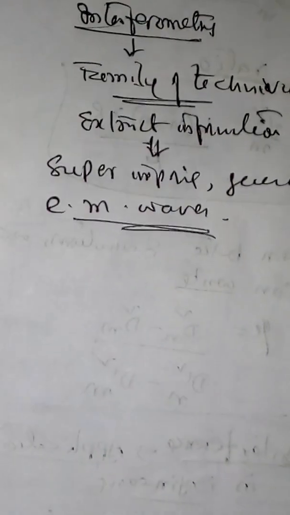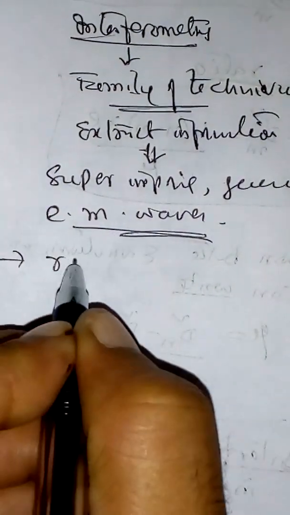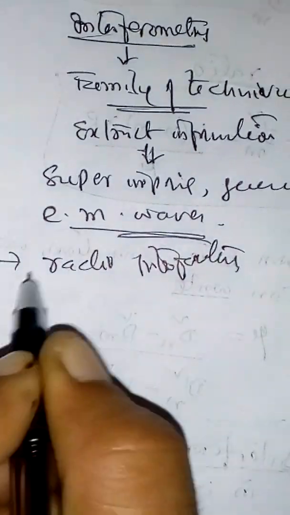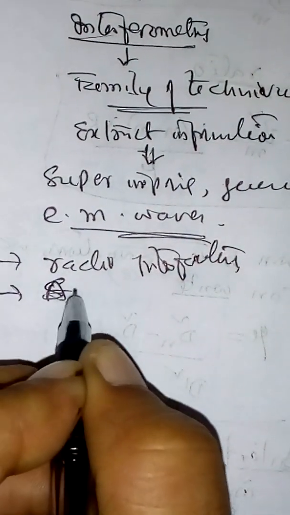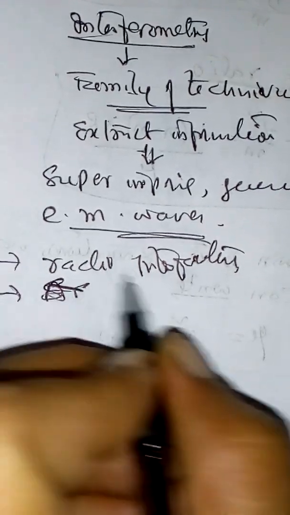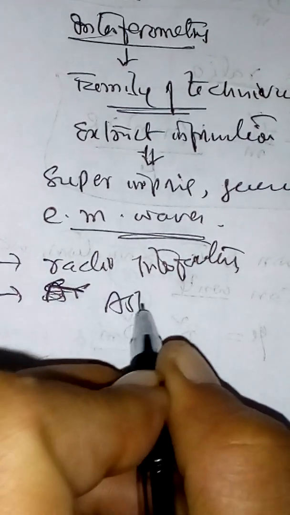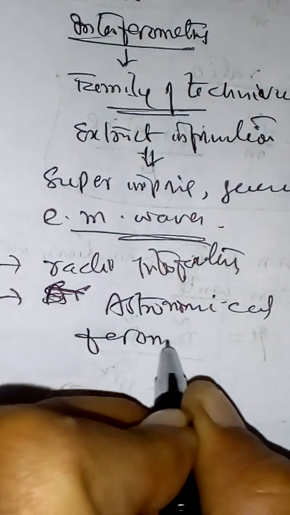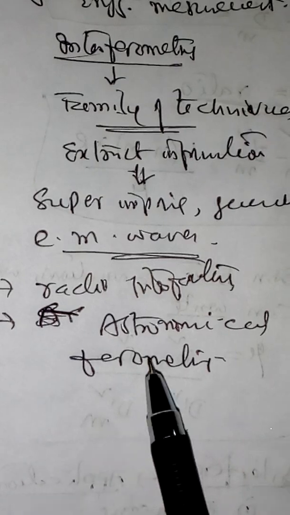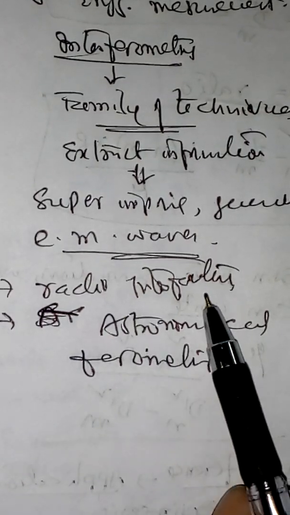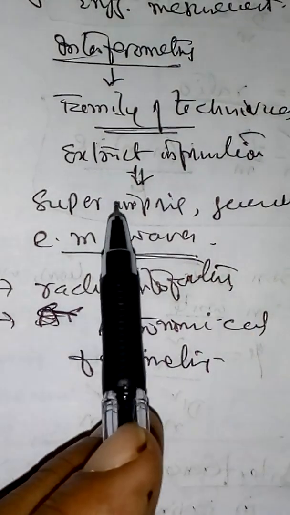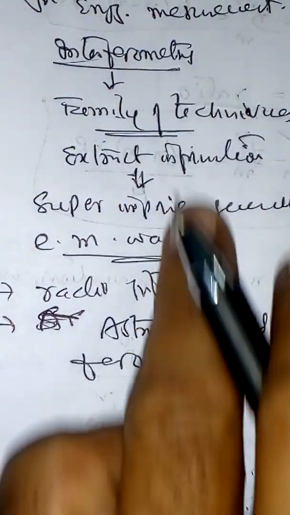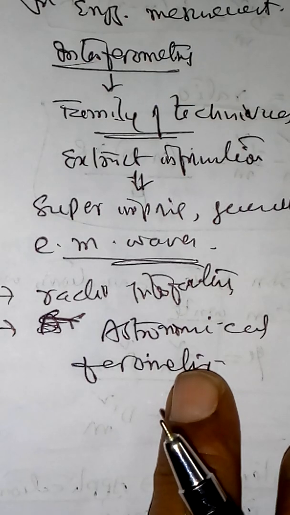So you can have frequency study in radio interferometry. If it is with respect to sound, it is called acoustic, or if it is space, you can say astronomical interferometry. So astronomical interferometry, radio interferometry, and optical interferometry, 3 different processes are there. In all the cases, the principle of interference is used.